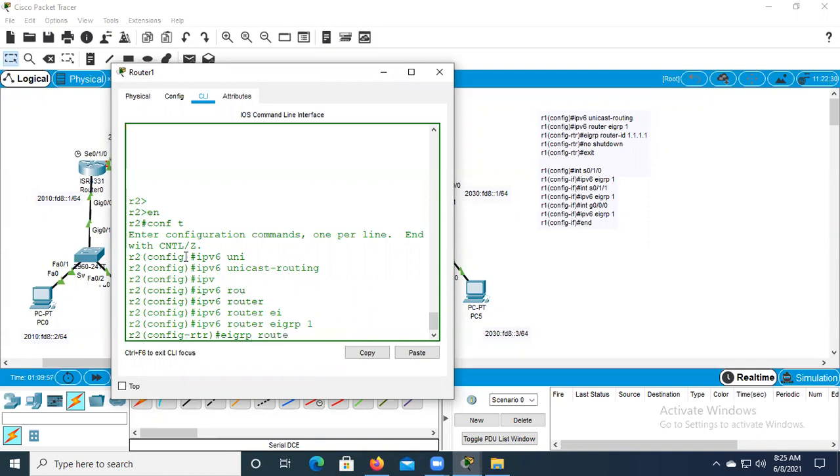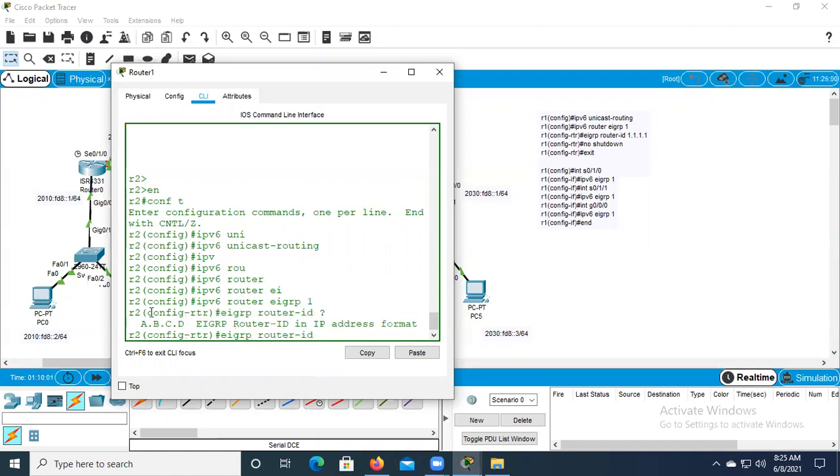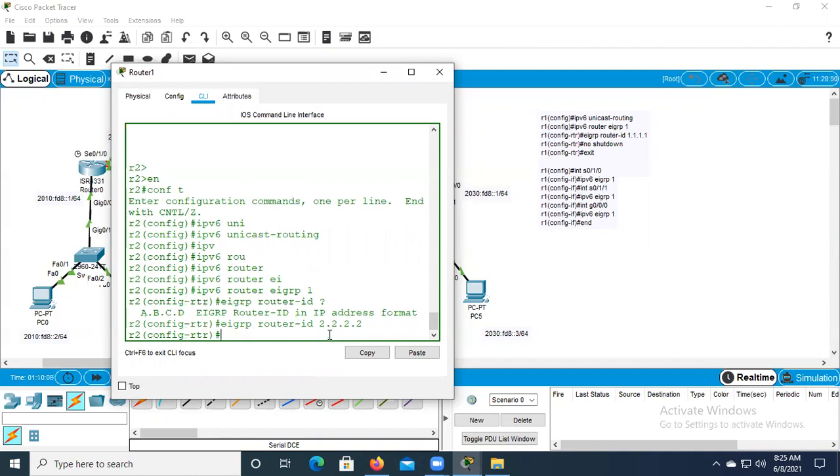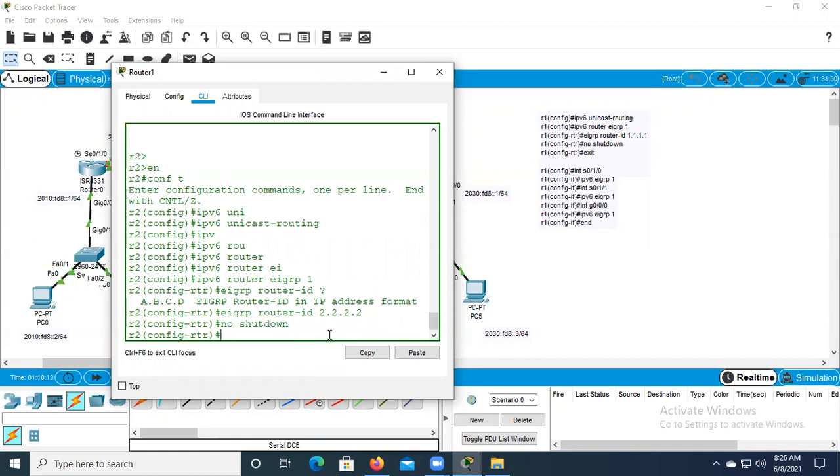So the command is eigrp router-id. If I use a question mark, you can give any number. For example, as I told you, we give 2.2.2.2. Then you must also give the command no shutdown. Sometimes the protocol can enter into shutdown mode, so it is better to give no shutdown in IPv6. It is different from IPv4.